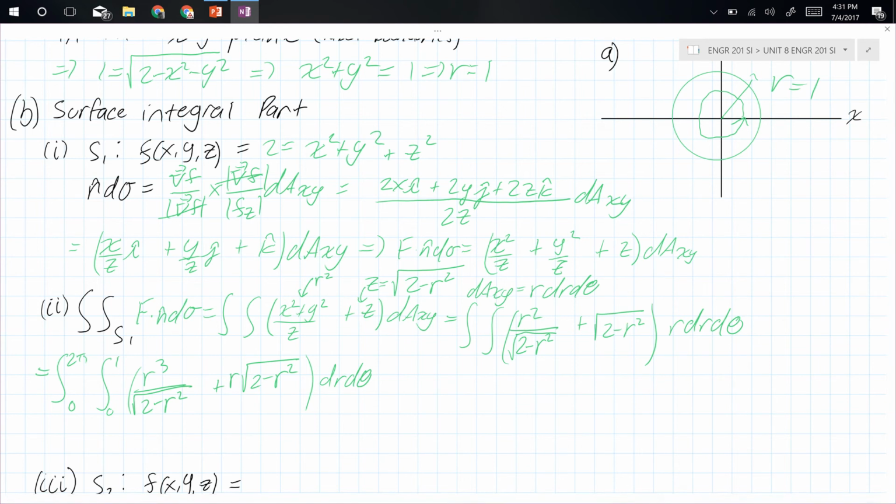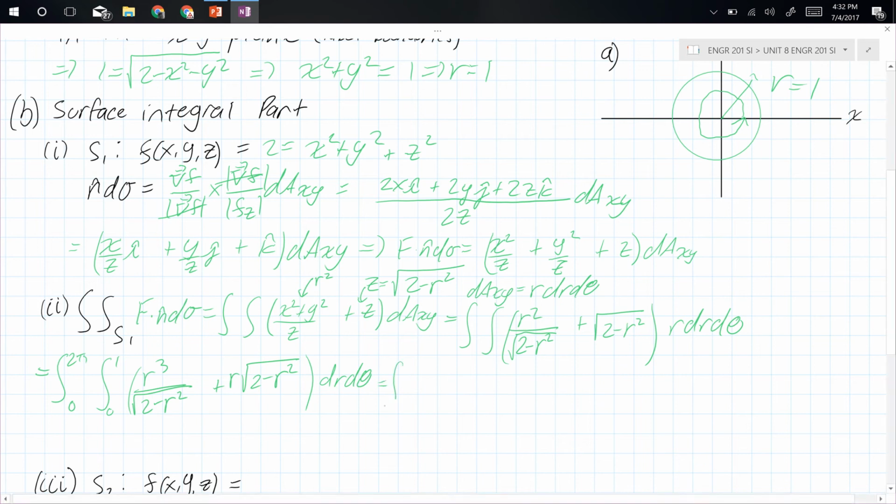Now, the issue is we can't exactly integrate this left term, r cubed over the square root of 2 minus r squared. There's an issue with it. So we need to find a way to make that more integratable. The issue is that our du would be just an r, but we have r cubed. So we need to find out how we can do this. A good step you can try is to find a common denominator between your two terms and see what you get. And when you do that,